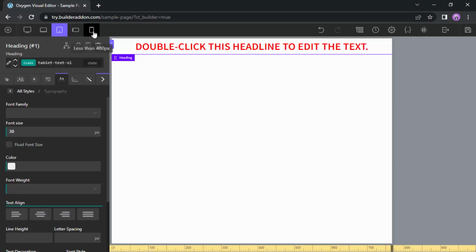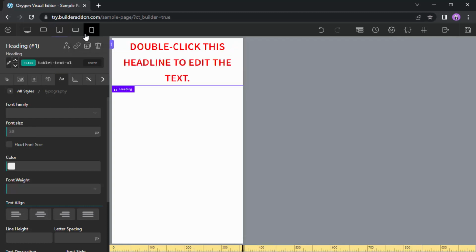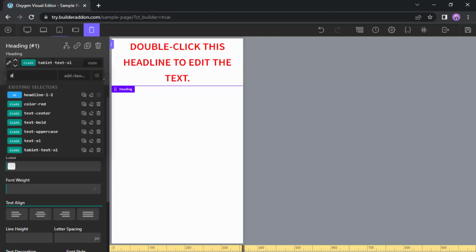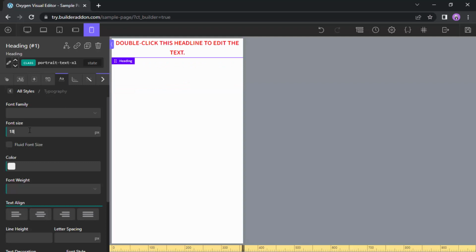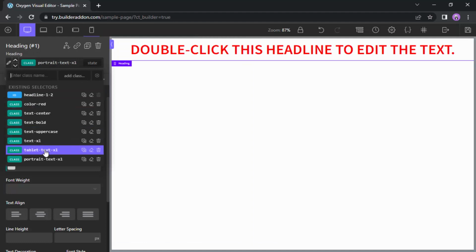Then if you wanted to have a different font size at this breakpoint, you would go here, add a class like portrait text XL, add class, and then change the font size to like 18 pixel or something like this. And as you can see, the list of classes grows significantly very quickly, and this becomes a huge problem because